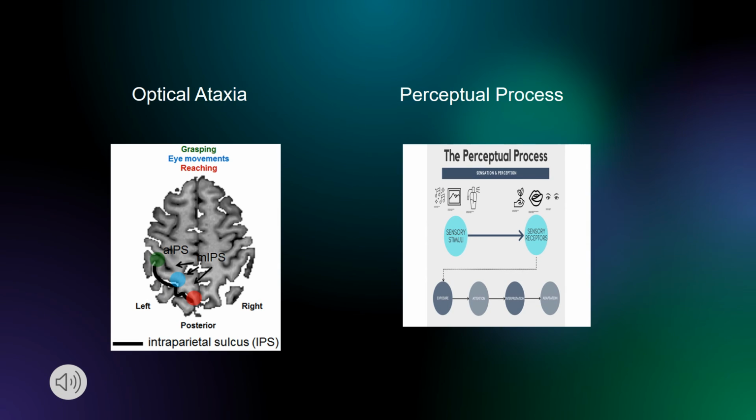Optic ataxia. Following unilateral or bilateral lesions of the posterior parietal cortex or PPC, optic ataxia is a cognitive disease that affects the capacity to interact with things presented in the visual modality. It means that people with Gerstmann's syndrome cannot see objects that are presented in their peripheral vision.